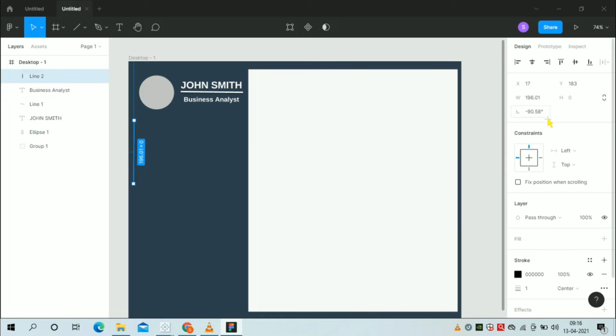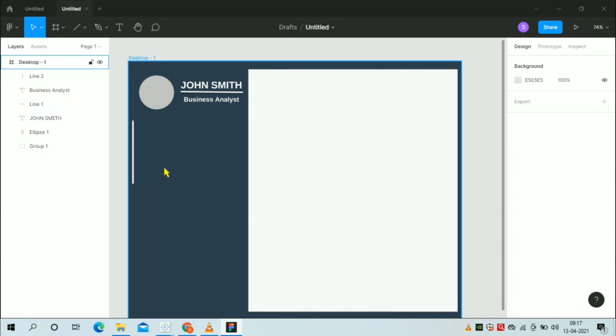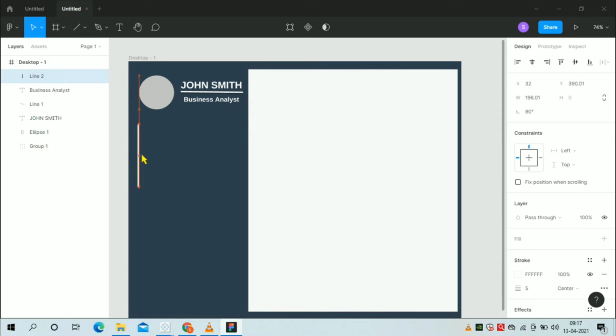To make it straight, give the angle of 90 degrees. Adjust the stroke according to your needs and give it a white color so that we can see it properly. You can add an effect like drop shadow or inner shadow. I particularly use inner shadow. Now just adjust its position.